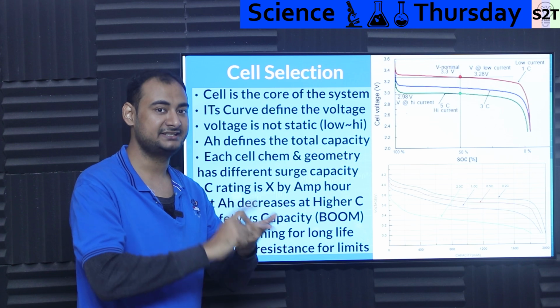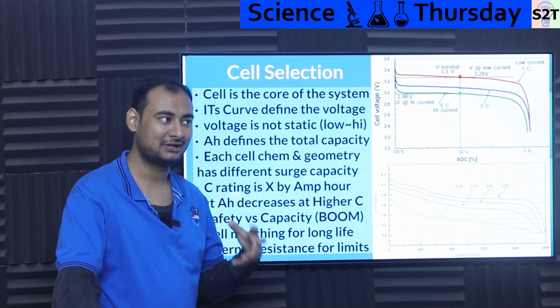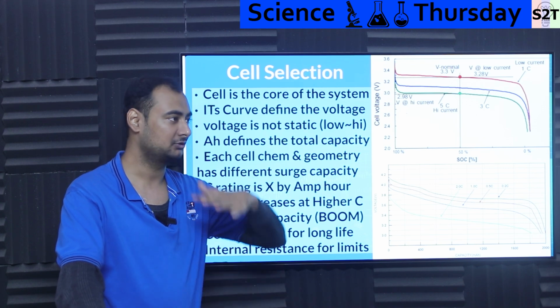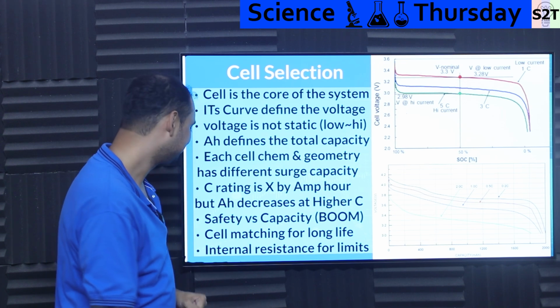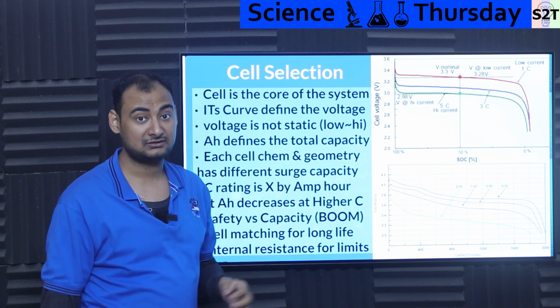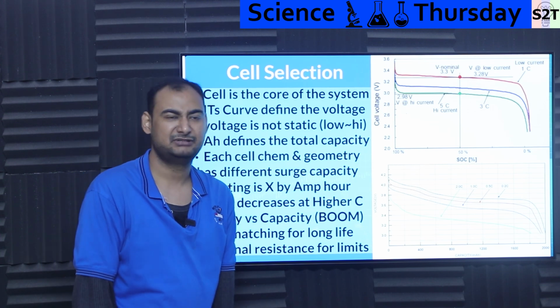Because again, it's not just 1C. You have to check at 1C, 2C, 5C, all the expected things. And you do want to have 1 or 2 cycles. You do not want, okay, I'm cycling the battery 100 times. You want to make sure that it's done under 10 cycles. So cell matching for long life is the very critical trick, and internal resistance is the ultimate limit,